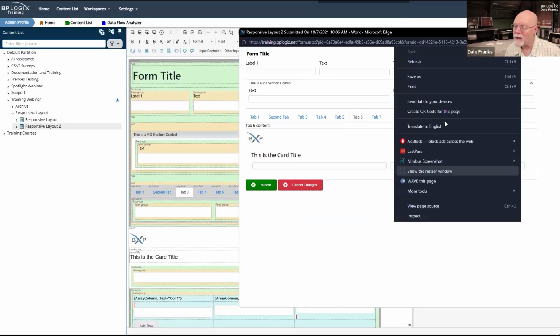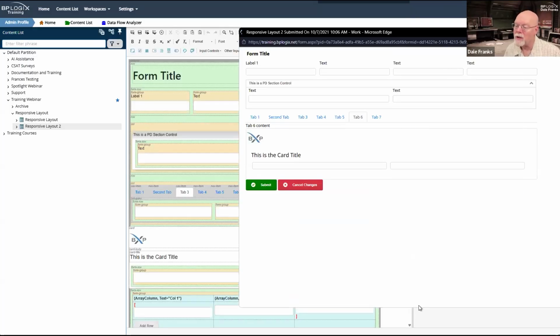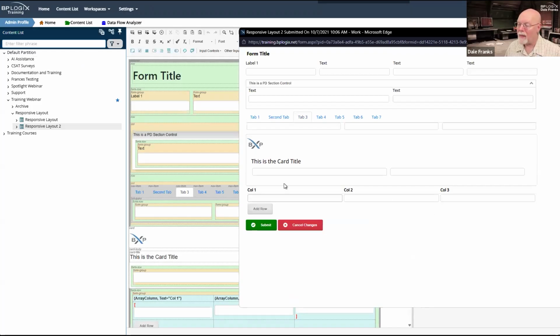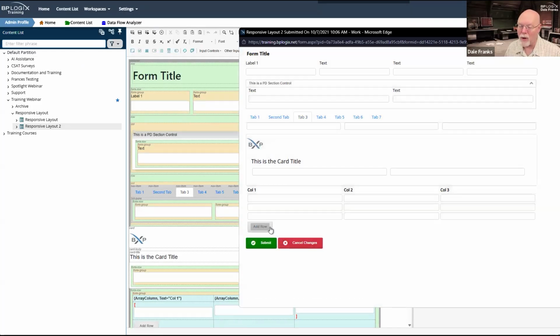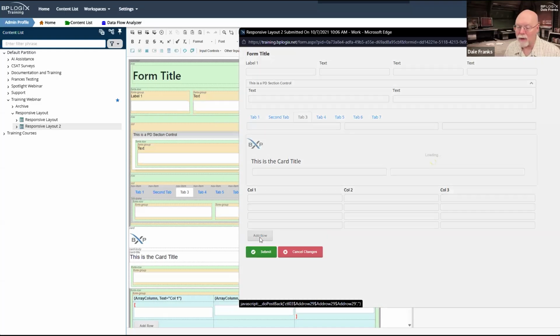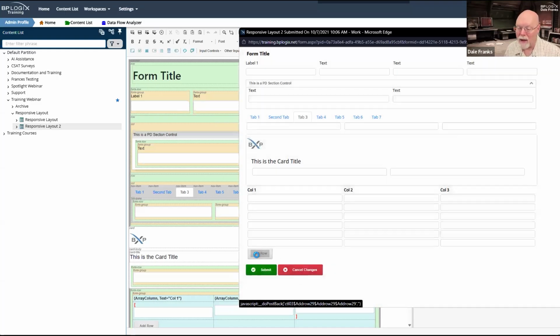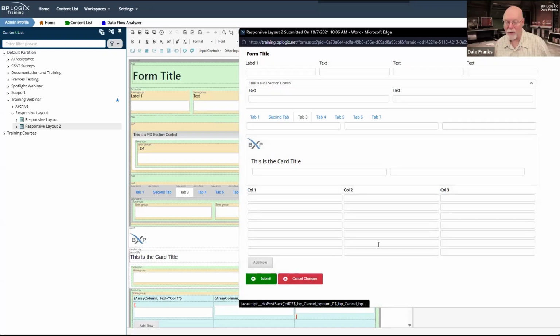And we've refreshed. So now I can refresh my form. And there we go. There's column 1, column 2, column 3, and my add row button adds my rows to my array in the table and keeps my add row button exactly where it is supposed to be.